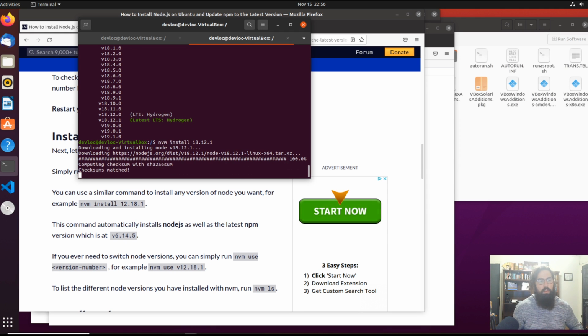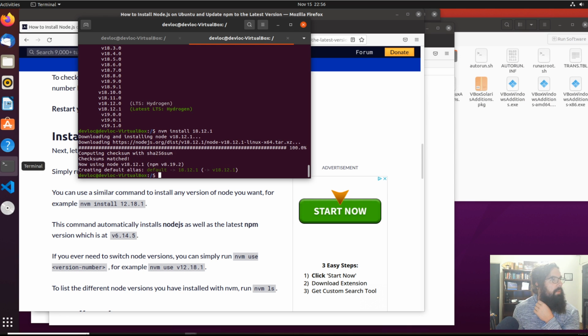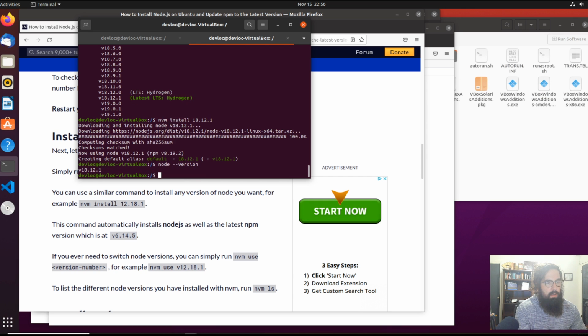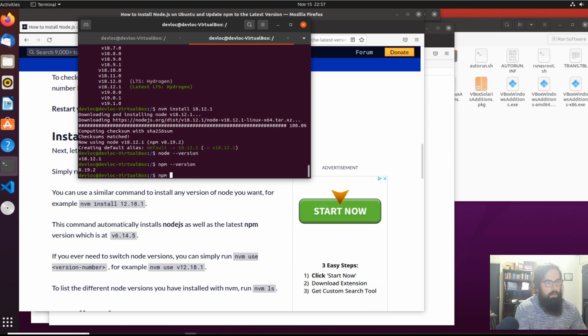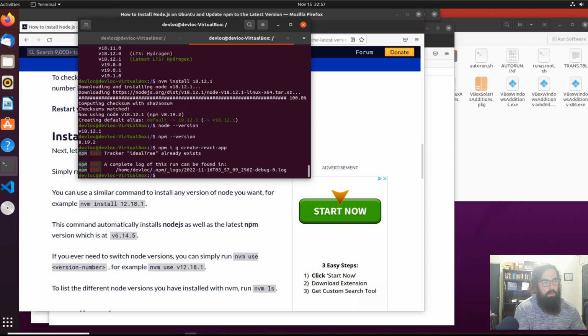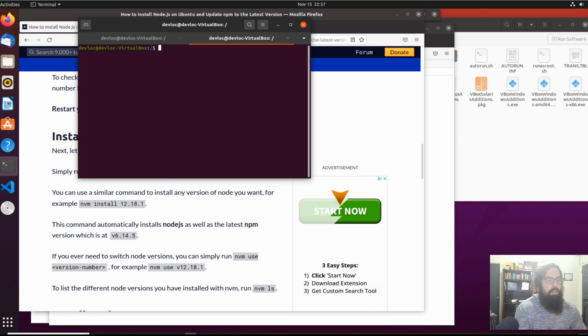Golly. So now we should have npm installed. Hopefully. npm, just do node version, npm version, all right, so